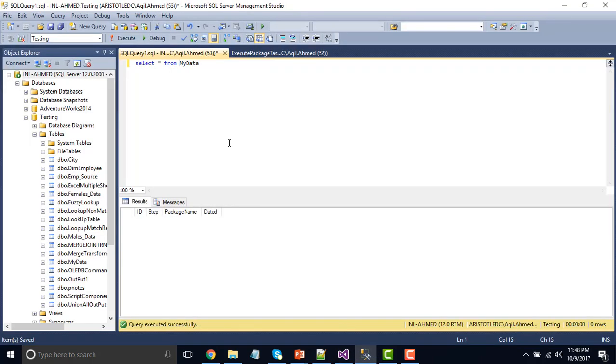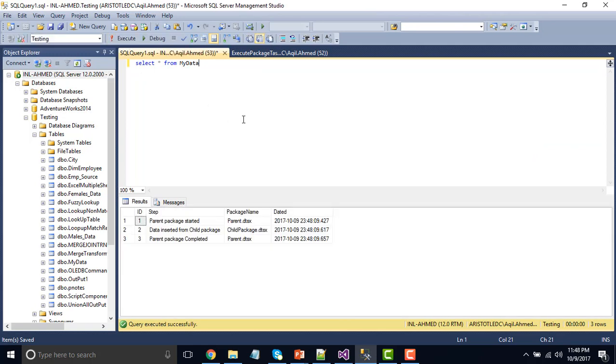So if you go back to the SQL Server and rerun the query, you will see that first of all the parent package is started, and the package name is parent.dtsx, and then data inserted from child package. Okay, this is from the child package, and then finally parent package completed.